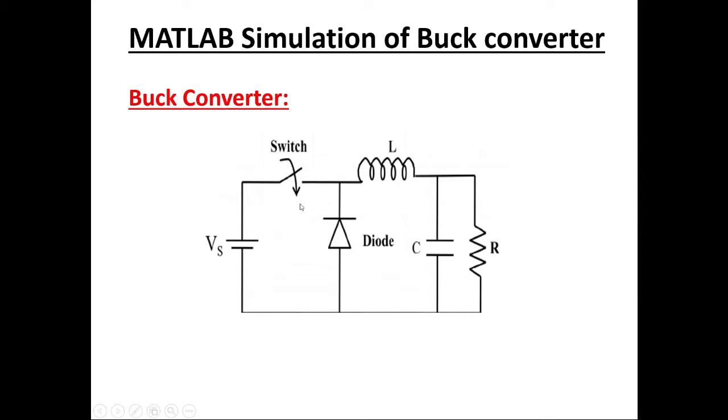For this converter, we need a controlled power electronic switch, a diode, an inductor, a capacitor and a load. For the controlled power electronic switch, we can use a MOSFET or IGBT. For the controlling action, with the help of the duty cycle, we are controlling the switch here. By varying the duty cycle, we are able to control the voltage levels at the load side.